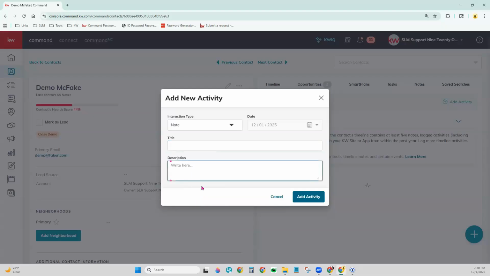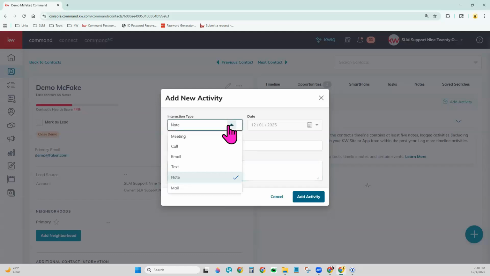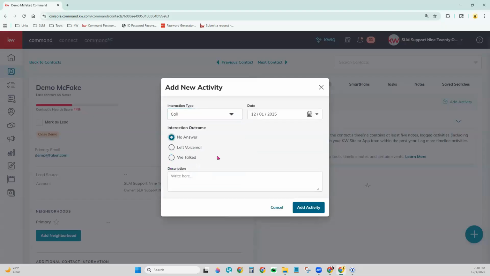For the description on the note, it must be shorter or equal to 2,500 characters. It may let you save if you have more than that, but it won't actually post to the timeline within the contact. Okay. Once you're done choosing the particular type of activity, and we'll just add a demo note there,